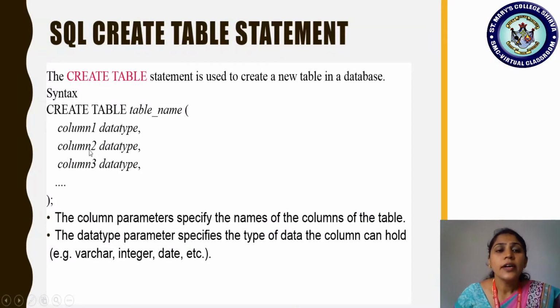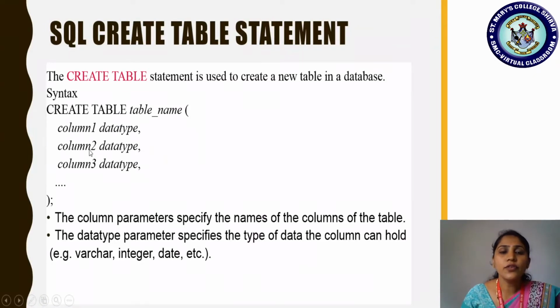Just observe here the data type. In the earlier class we had studied the different data types in DBMS, right? Which are those? Character or simply char, varchar or varchar2, boolean, numeric. Yes, so many such data types which we have discussed will be implemented here while you are creating a table. In this syntax we have given the table name we want to create. Following that, the attributes we should include for that table have to be mentioned in place of column 1.